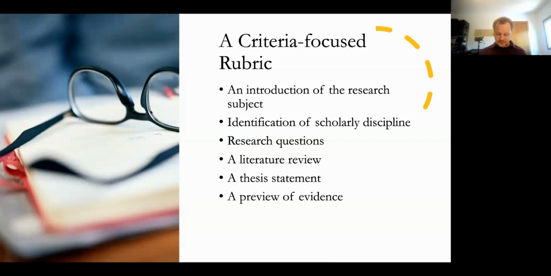But in the instructions, what I said was that for each of these elements, students would be evaluated on evidence that they considered their audience's needs. So how, for example, would they think about doing a literature review in an oral presentation versus on the page? How would they do their citations aloud? So, thinking again about trying to encourage them and evaluate them for that ability to think about the specific classroom situation that they're in and how they could adapt their presentation to share the information most efficiently within